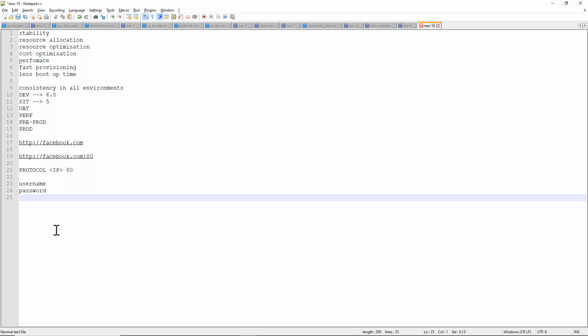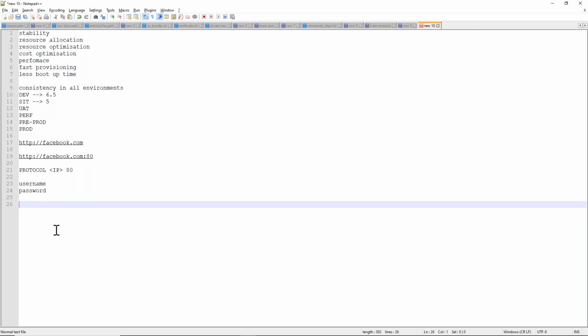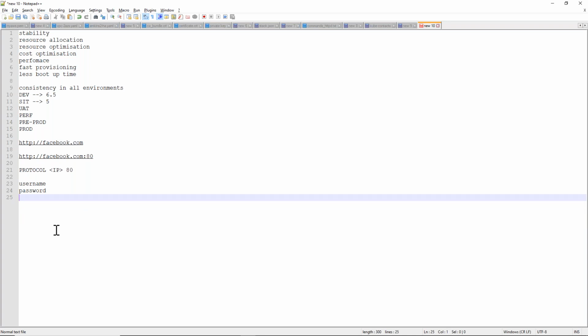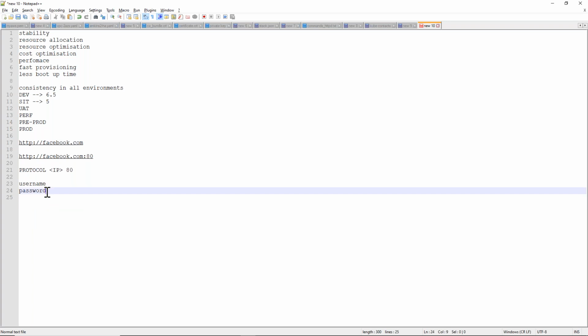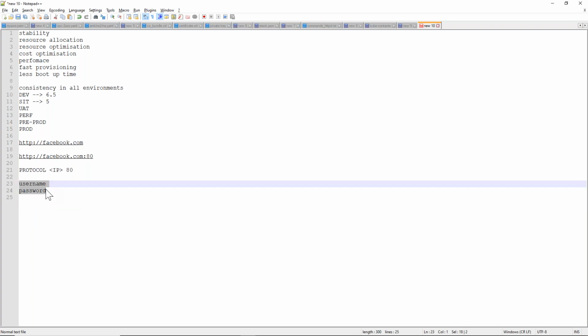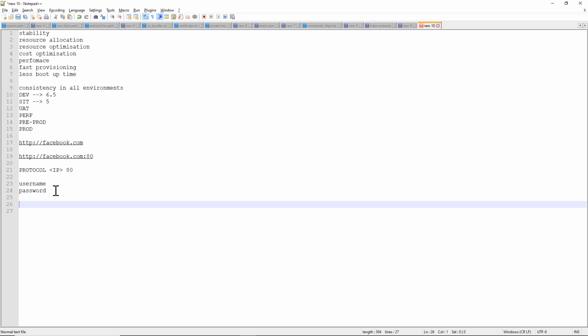For Linux servers, if you want to administer those servers, you have to use SSH. Username and password is not very secure, because somebody else can see when you are typing the password. So instead of that, we have another mechanism, the public key and private key mechanism.